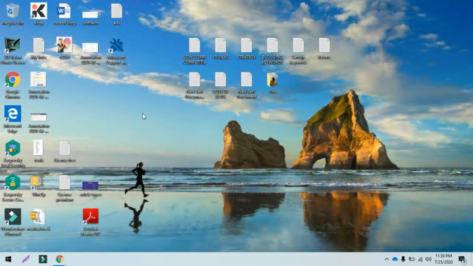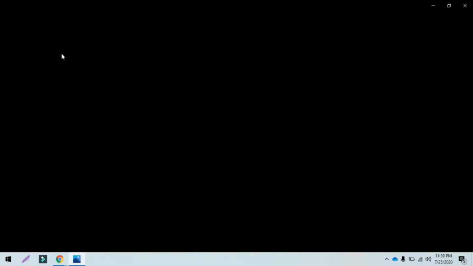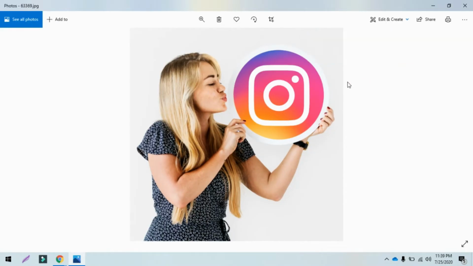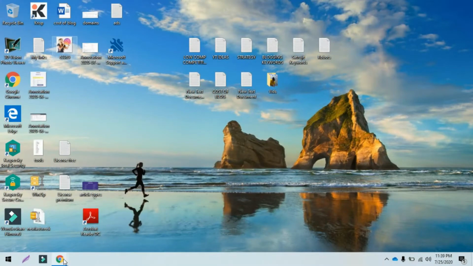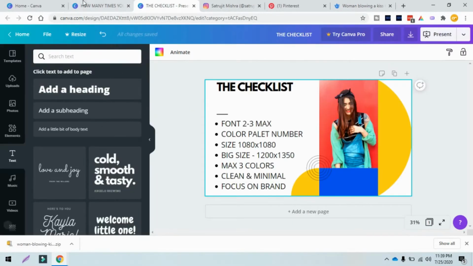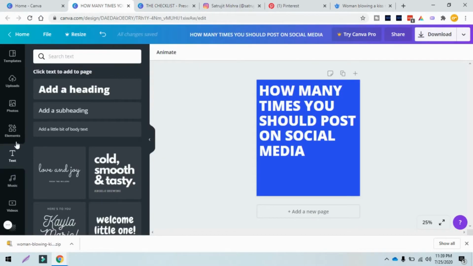It is in my desktop right now, as you can see over here. But once you open the image, it will show you that it is having a white background, which is not gonna match to my background, which will look very unprofessional. I will also show you how it looks when I upload it.